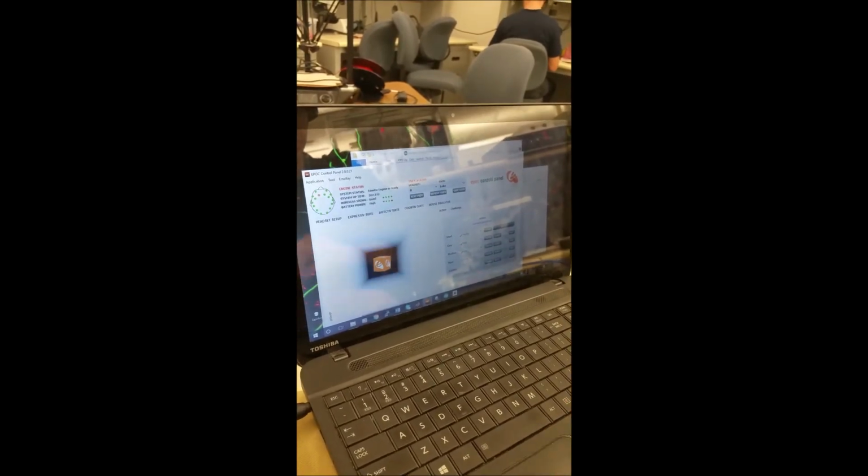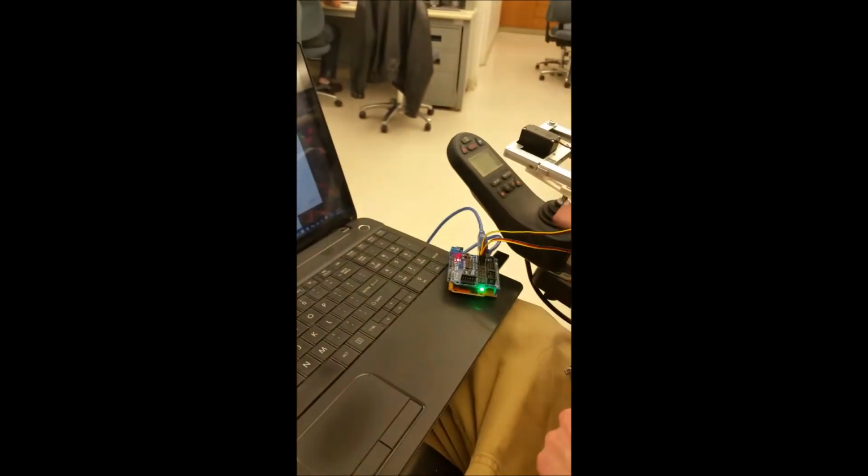like so. And then since we can encode that as a key press on my keyboard, so I have it set to I. The wheelchair is off right now, but if I were to turn on the wheelchair, then anytime I think push, it'll send an I, which will talk to the Arduino and tell the motors which way to